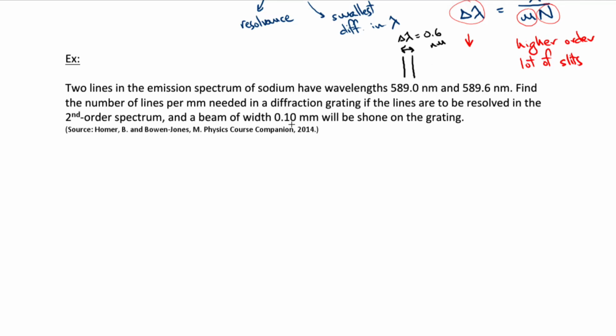So we're asked to find the number of lines per millimeter needed in a diffraction grating if we're to resolve those, meaning see them as separate and distinct, in the second order spectrum. So this is telling us here that m is equal to 2, and here is the wavelength, and we've said that the difference in wavelength is 0.6 nanometers. So we start from our equation,